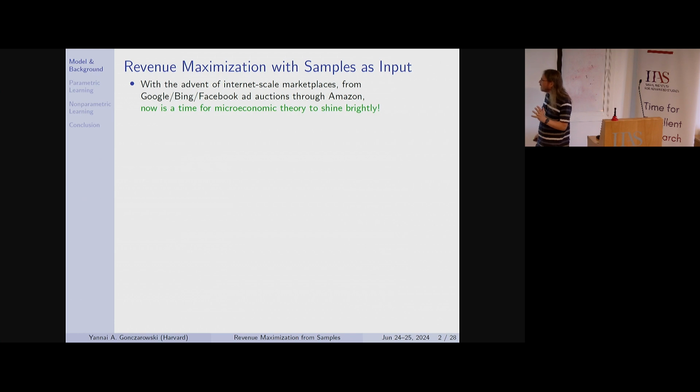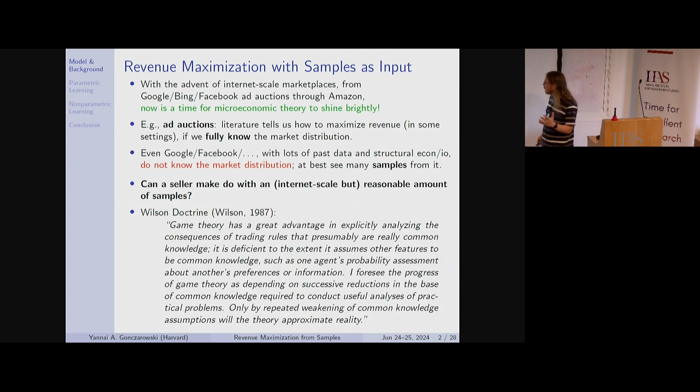Even in that case, one could claim it is unreasonable to think that we would know this distribution precisely. At most, we will have seen many, many samples from this distribution, and we take the very qualitative point of view of computer science, saying polynomially many samples in the number of buyers, the number of items, et cetera, and all the parameters of the problem. That's a reasonable amount of samples. If we can get a good result that uses this number of samples, that's great.